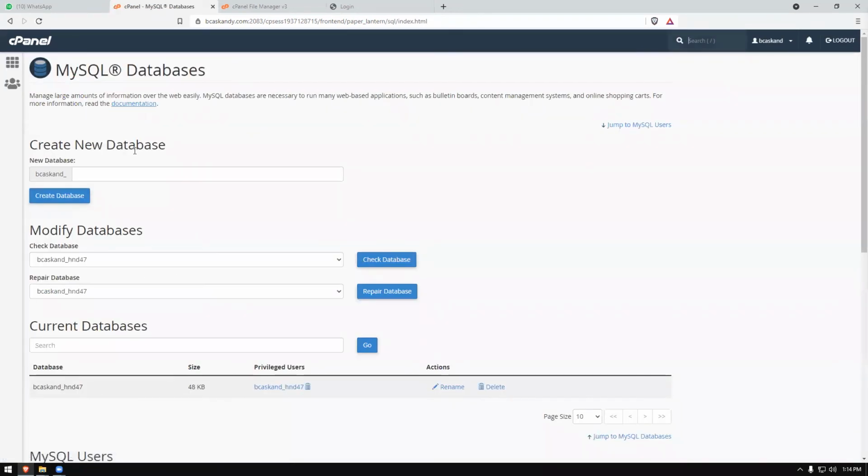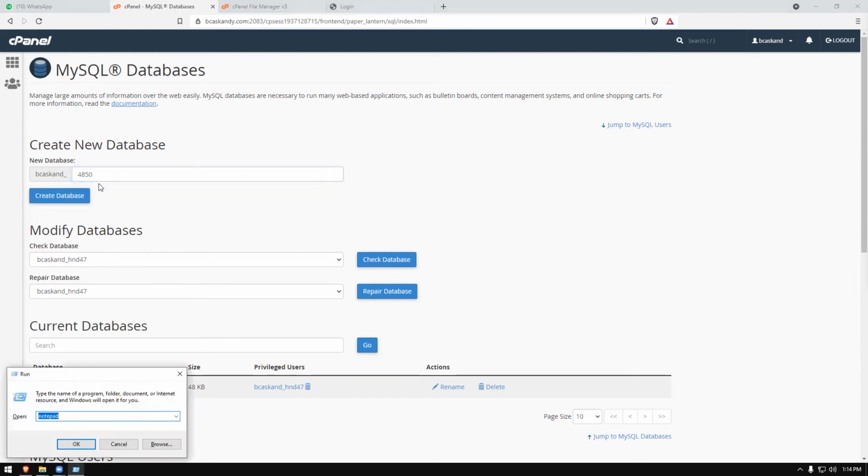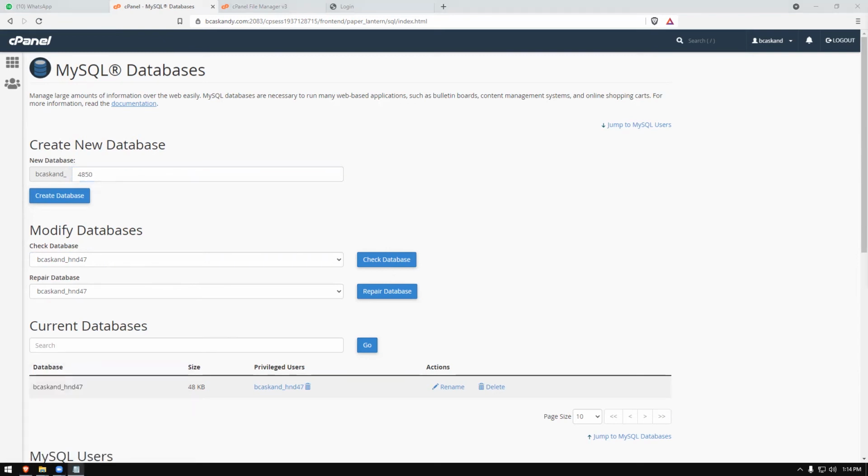So here, create new database. Here you have check databases. I have already done one for the HND47 batch, so that is also available there. We're going to say here 4850. So the database name is going to be bkascand, bkas, kn and underscore this one. I'm going to maintain a notepad file here.